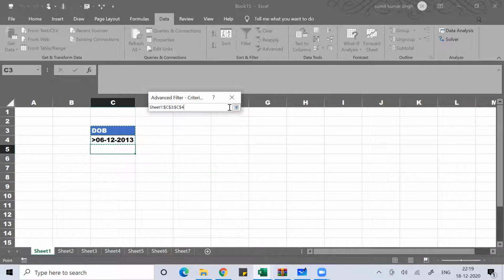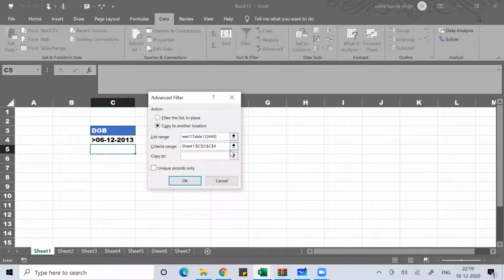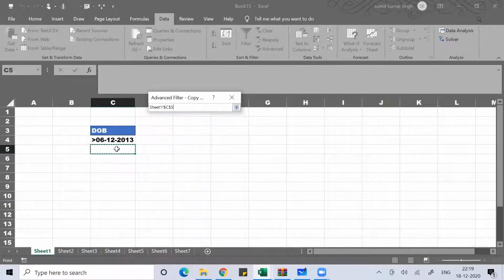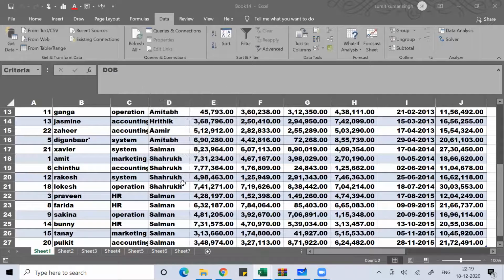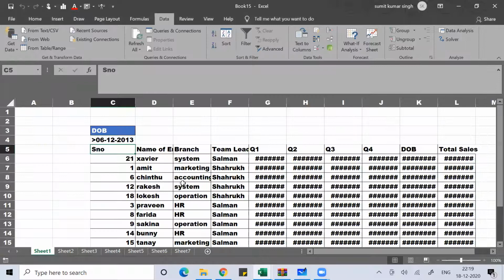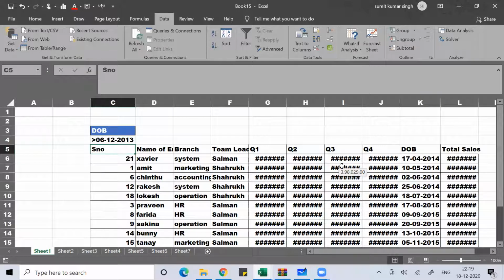Date of birth, don't put space there, copy to here, press OK. So you got here all the people whose date of birth is greater than 6/12/2013. The only thing is I was putting space between the less than or greater than sign. Don't put that, so there won't be any problem.